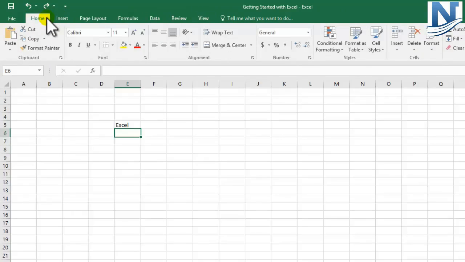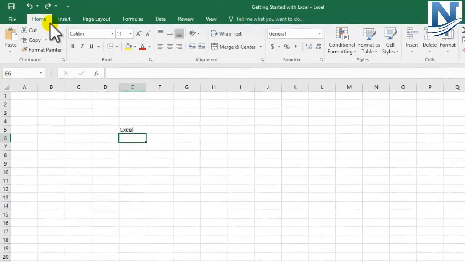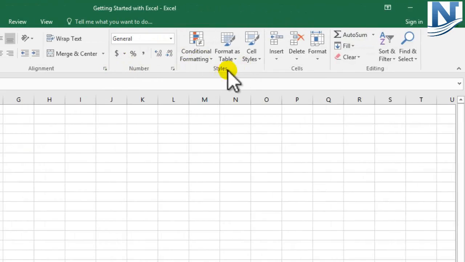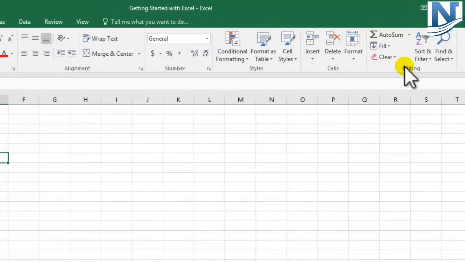Coming to the Home tab, let's first try to understand what the Home tab is. The Home tab again has different categorization. Once I click on Home, you can see subcategories for Clipboard, for Font, for Alignment, we have different options written over here. Same thing goes with Number. We have different options over here for Styles, Cells, and Editing. So there are various subcategories present within the tabs of the ribbon.